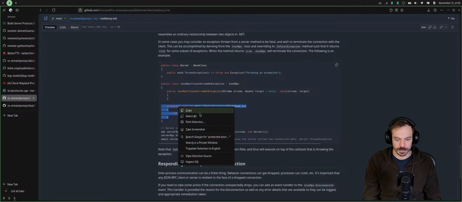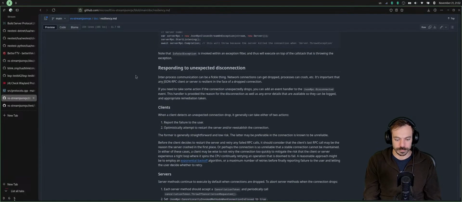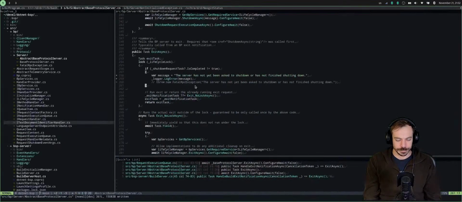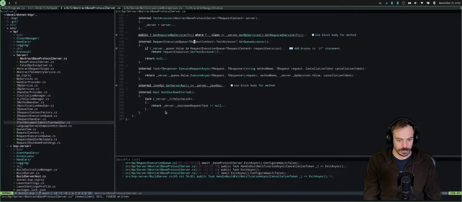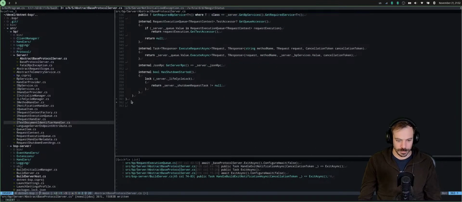This direction. Let's do it also here. Just add the public class. Paste JsonRpc.